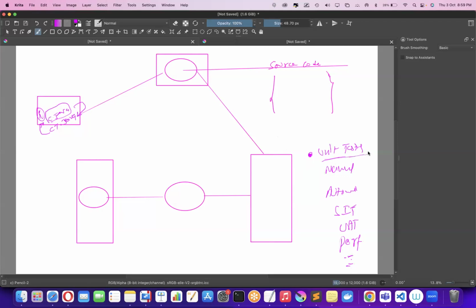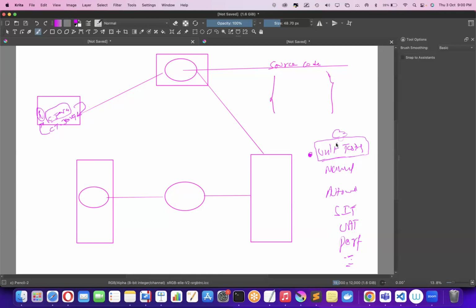What is the purpose of this unit testing? Why is unit testing required? Question, correct. Why is developer working as a tester there? Why is developer testing the code? So unit testing purpose is to make sure that there are no basic issues in the application. Unit testing purpose is to catch a basic level of issues at the time of development itself, so that further